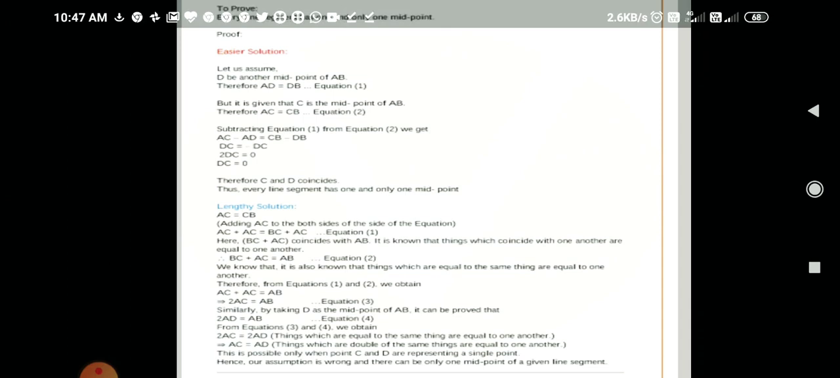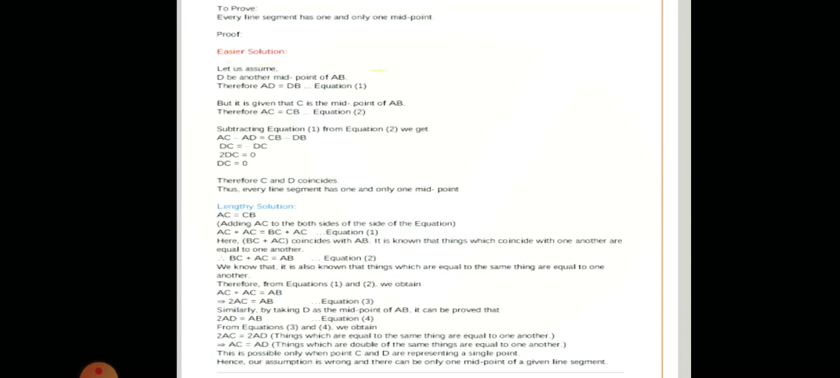Proof. Let's assume D is also a midpoint of AB. Therefore, AD is equal to DB. (Equation 1) But it is given that C is the midpoint of AB. Therefore, AC is equal to CB. (Equation 2)